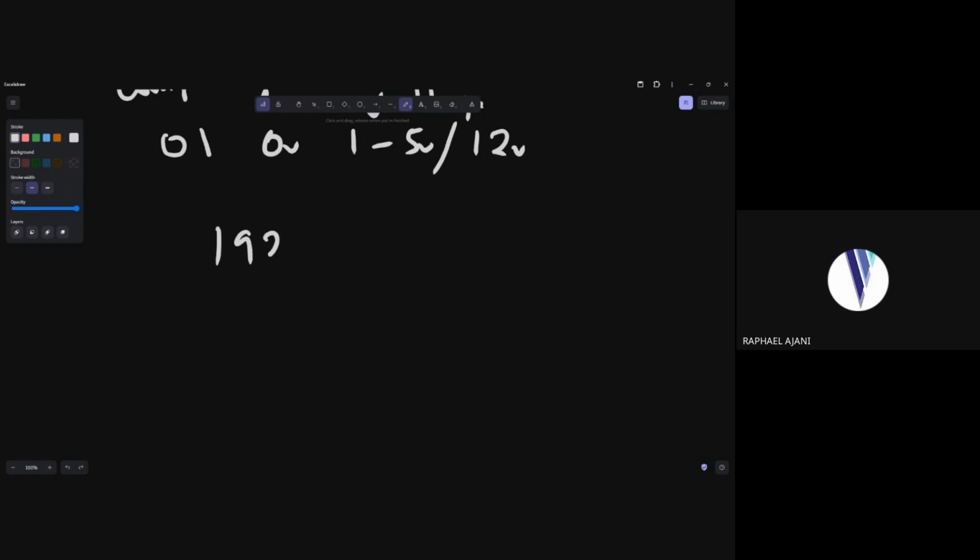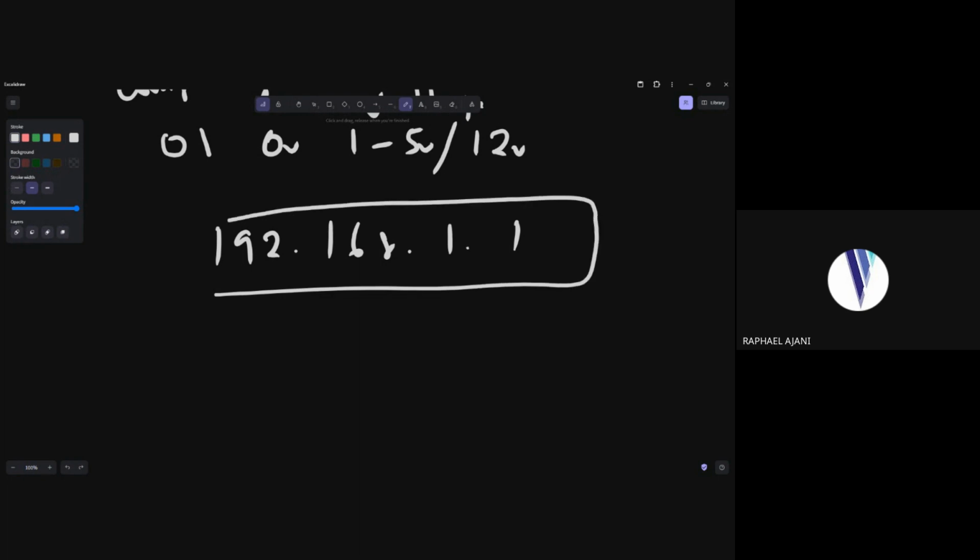So though the computer has this number written as its IP address, the question is, how does the computer interpret this number? This number, the way it is written here as decimal, is just for human consumption. It's just for us as humans to be able to read it and understand what it is. Because we need to break down this number into binary. So if you still remember your binary number in